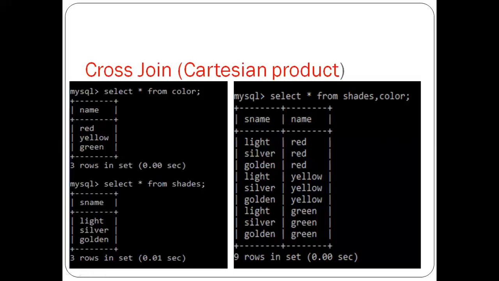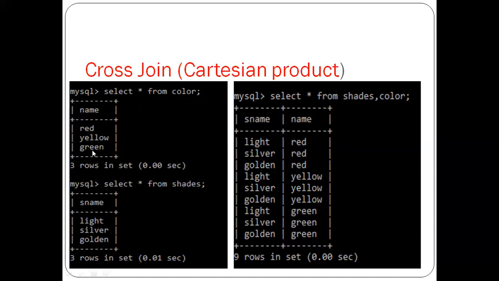See here, SELECT * FROM color, this all will be from the color table, and SELECT * FROM shade and color, both. So here all are joined together, and these are 1 2 3 4 5 6 7 8 9 records which are joined together after the Cartesian product.